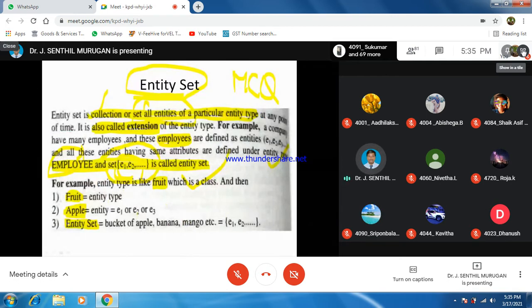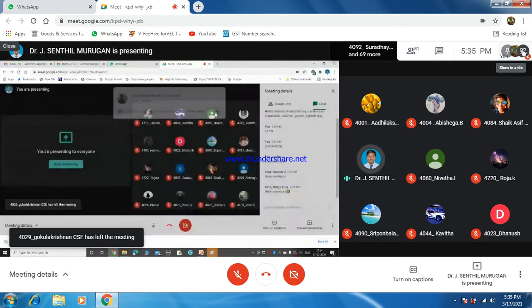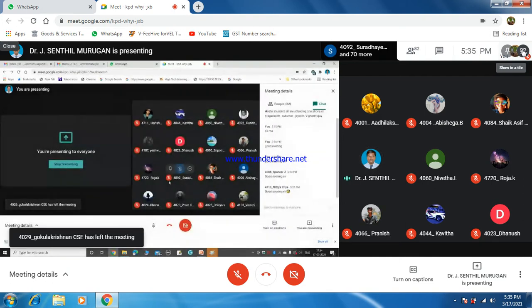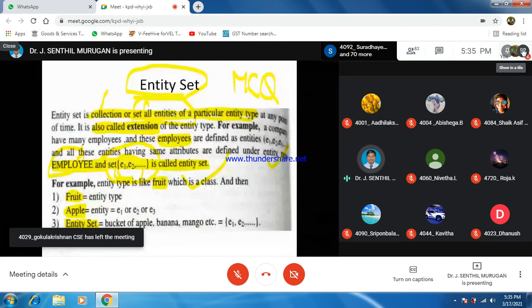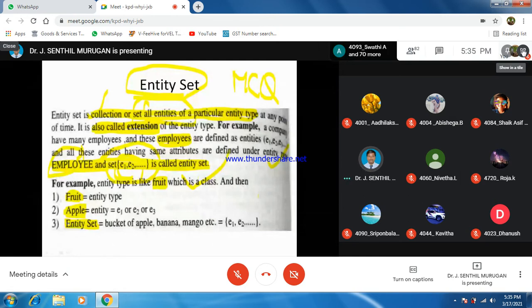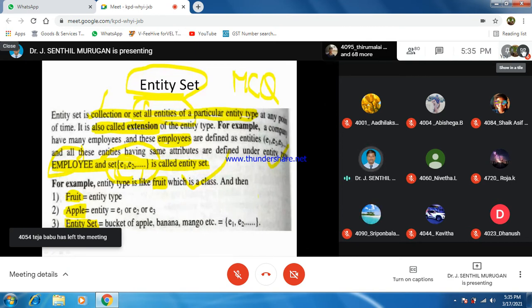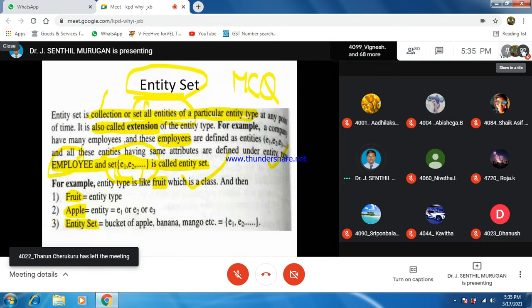Now, for example, I'm going to a fruit shop. So if I'm going to a fruit shop, what will I do? Fruit is a class now. Consider fruit as a class. If this is the example for an entity I am taking, then fruit equals entity type. Fruit is an entity type.